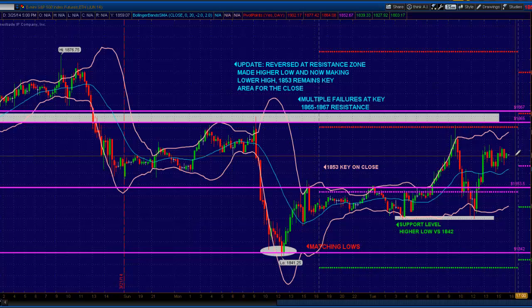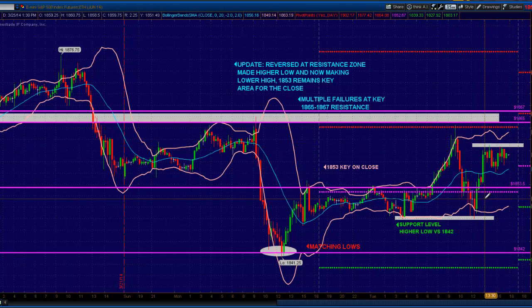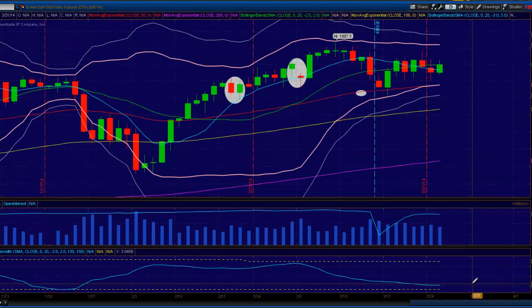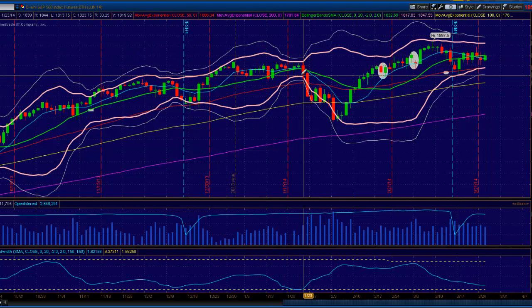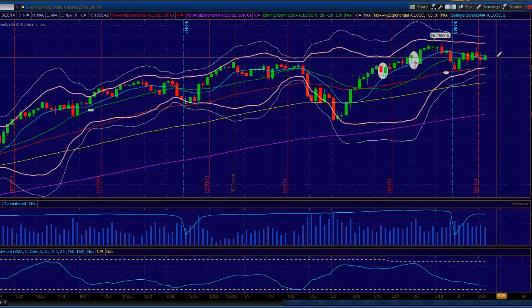Going into tonight and looking ahead to tomorrow, the range trade thesis that we've been using all week has been working great. Initially, the range is 67 to 42. Now you're seeing that range tighten up, most likely to 48 to 61. And as it gets tighter and tighter, the Bollinger Bands on the daily chart are getting tighter as well. Not to the point where they got tight here. That was some very severe tightness of the bands, and you saw the expansion that went with that. But you're just starting to see now that if we continue to range trade through the rest of this week, you're going to see the bands get even tighter, and that is the prelude to a larger move in the next